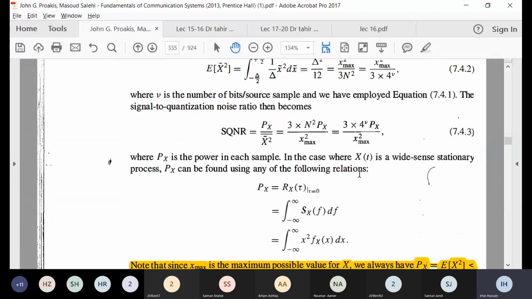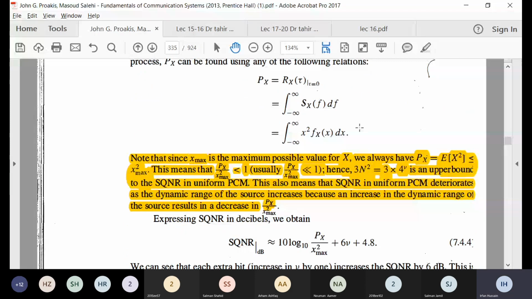So Px over x square max, as Px is less than x square max, will always be less than 1. So SQNR will always be upper bounded by 3 into 4^v, that will be its maximum value. And this also shows us that in uniform PCM,